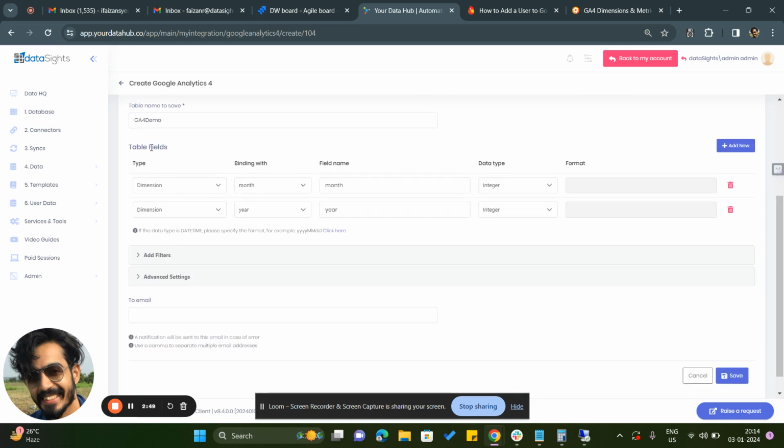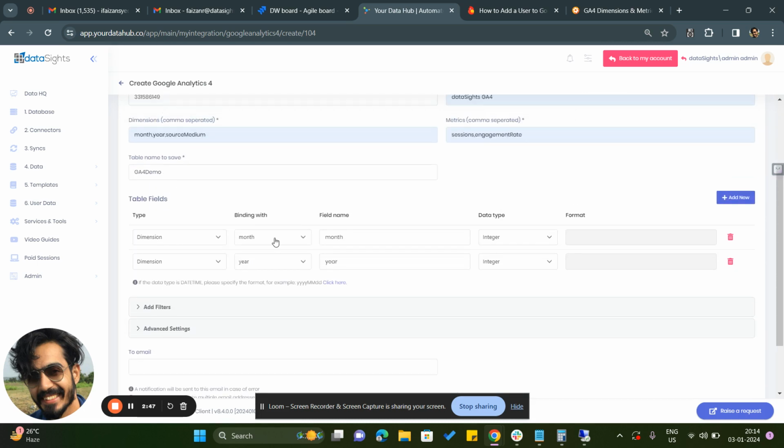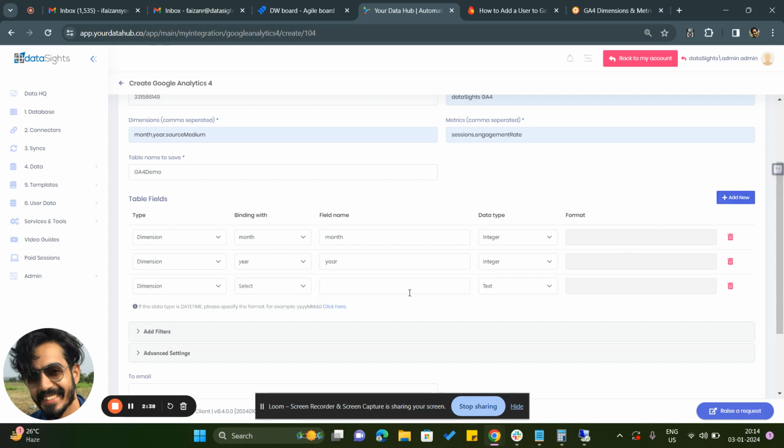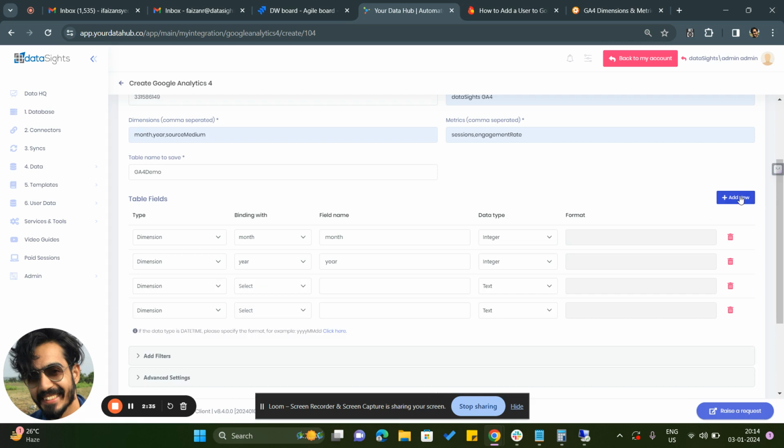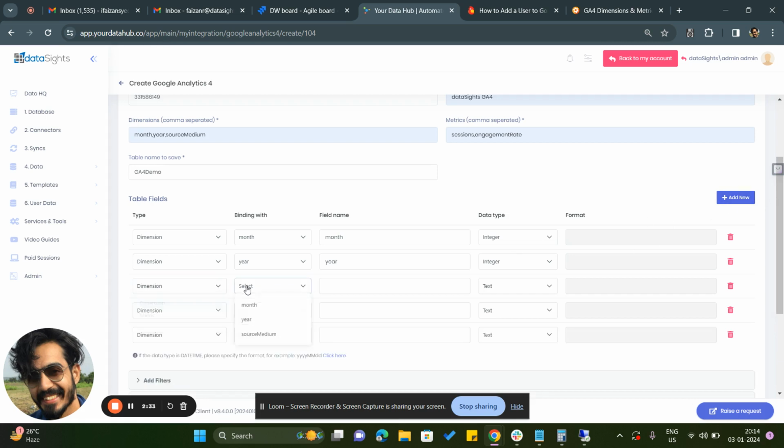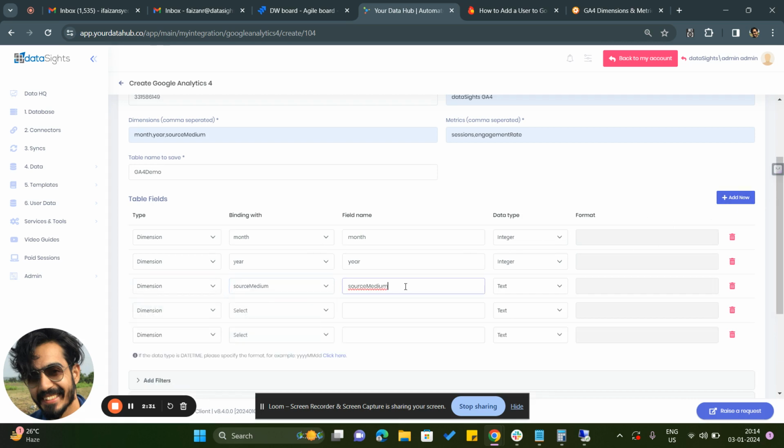Give your table any name, let's say demo, and you need to configure the table fields. These are the table columns. By default, month and year are already configured. So source, sessions, and engagement rate we need to configure. So click on one, two, three. Dimension as source medium. You can change this name if you want. This is the column name in the table. And text is fine. Let's select metric, sessions, integer is fine. Metric, engagement rate,